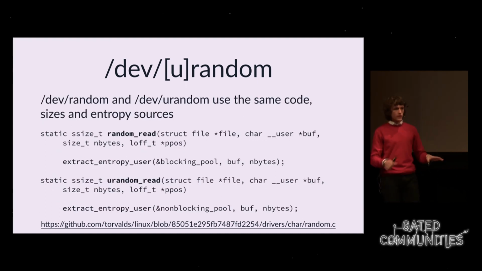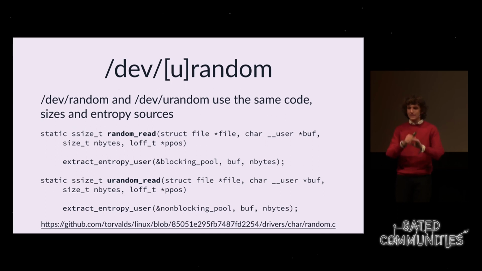Now, both dev-urandom and dev-random do the exact same thing. Same code, same sizes, same entropy sources. Literally, in the source, random read is a call to extract entropy user. Urandom read is a call to extract entropy user. The only difference